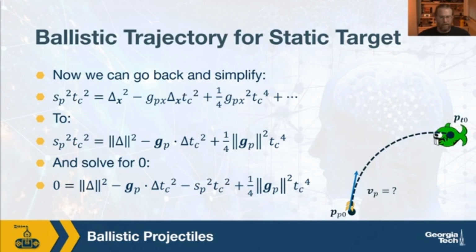But if we shuffle our terms around, we will get to the point where we'll recognize, say, for the vector delta, we've got the square of the x term, the y term, and the z term, squaring each of the terms and then adding them up. And so that can be, if you look where my mouse is here, we can just say the magnitude of delta squared, and then minus, well,